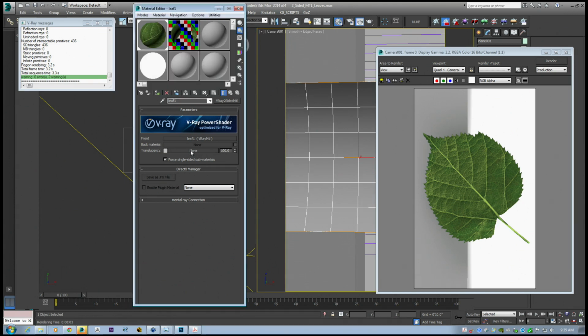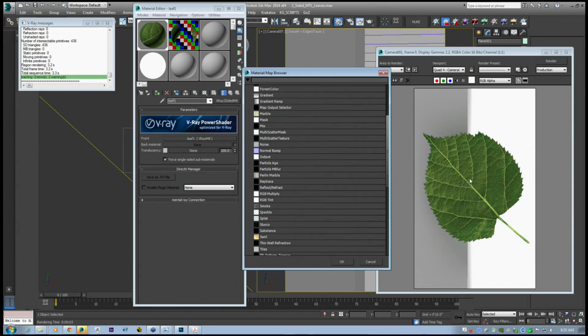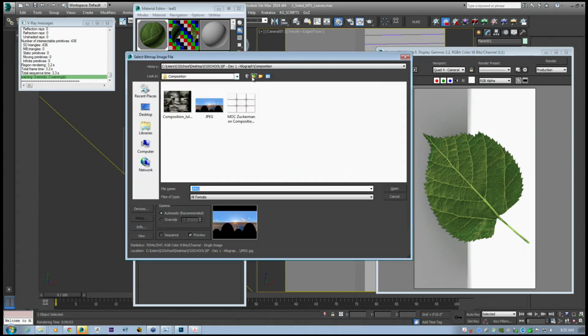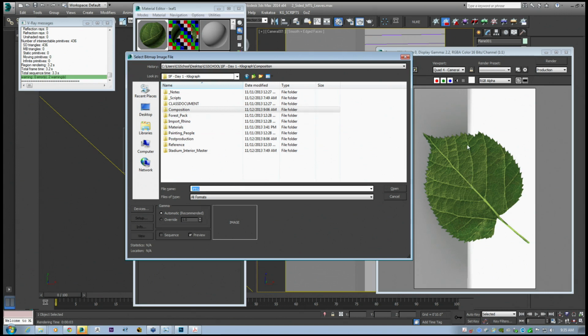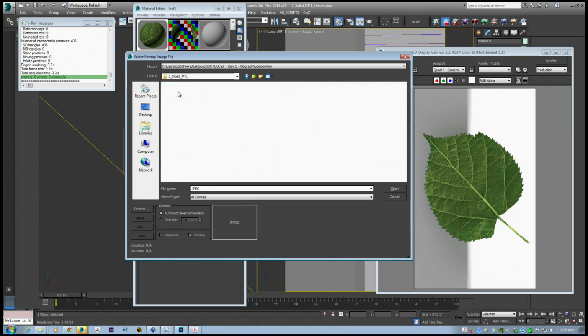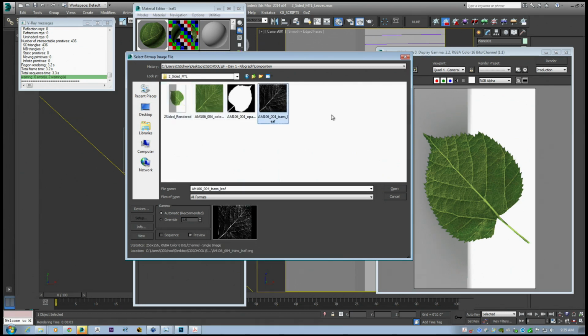You can use a map within this slot, which is a good way to get veins that don't shine, or you don't get any light through where thicker objects are, more or less. Like the veins on this leaf, you wouldn't get a lot of light through. So you can go into as much detail as painting these veins out and painting areas out that you don't want light to shine through for more realism. I think I did that here for you. Yeah,